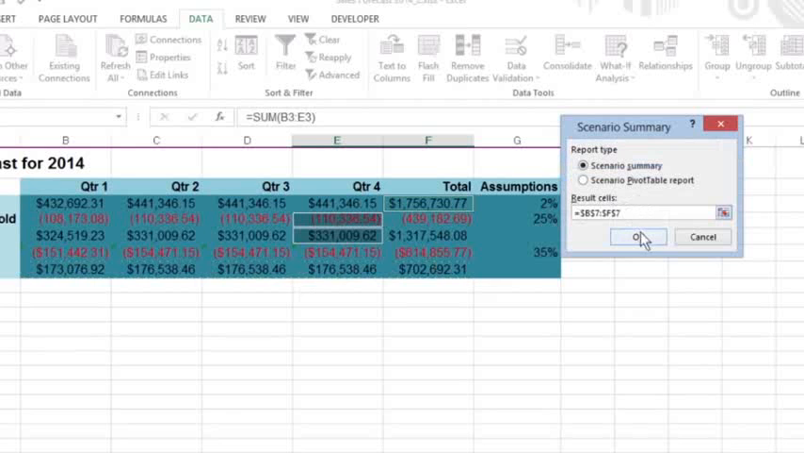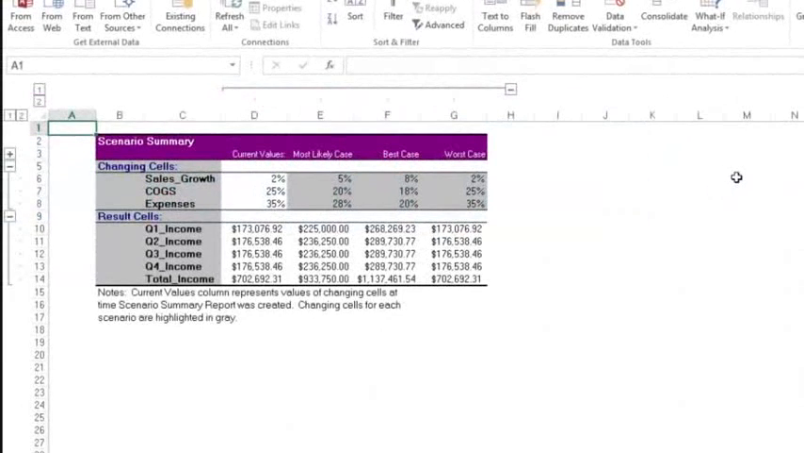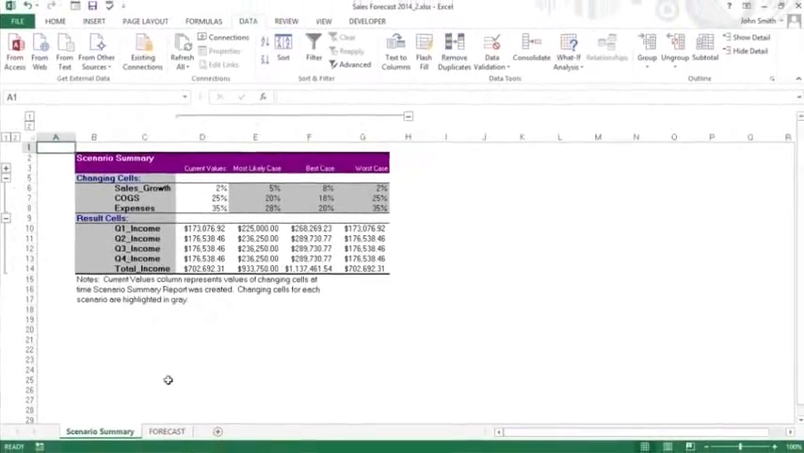Click OK, and Excel creates the Scenario Summary worksheet that includes the changing values in all the scenarios along with the calculated values in the result cells. If you want, you can rename and